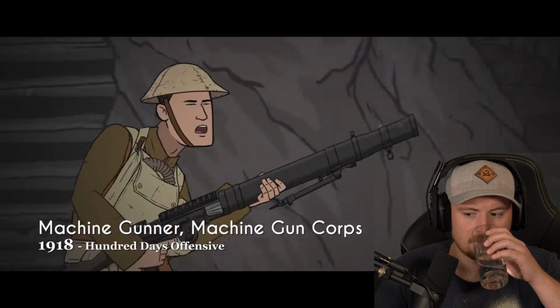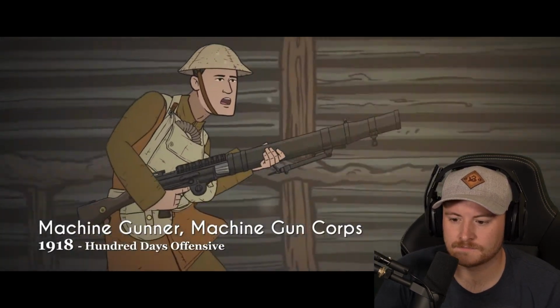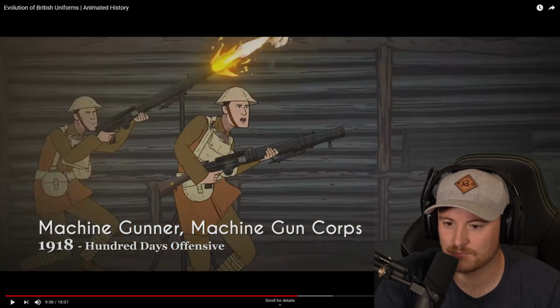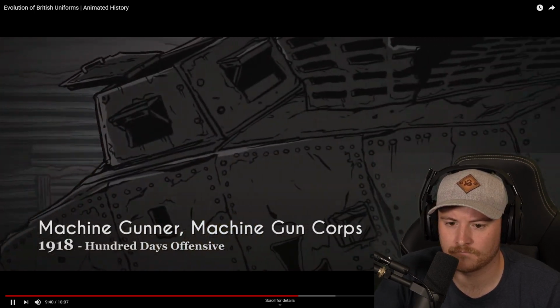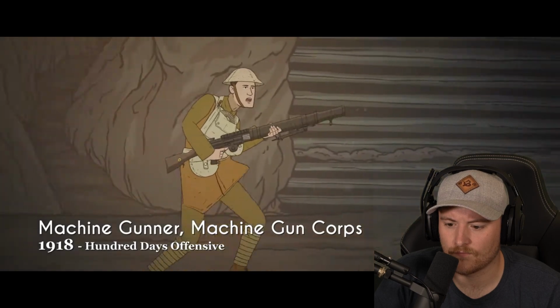Head injuries increased significantly as soldiers who would have died otherwise were now better protected from above. Notice the gas mask in the little bag. That's pretty amazing. This steel combat headgear cemented itself as part of the British soldier for several decades until the